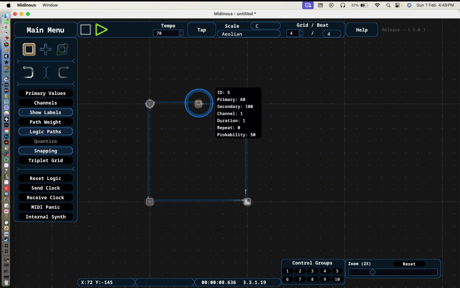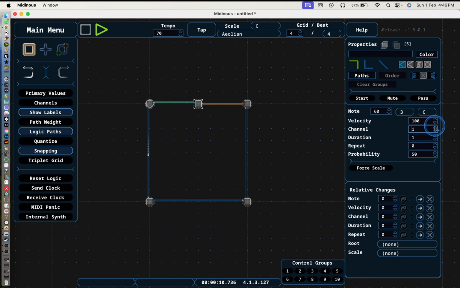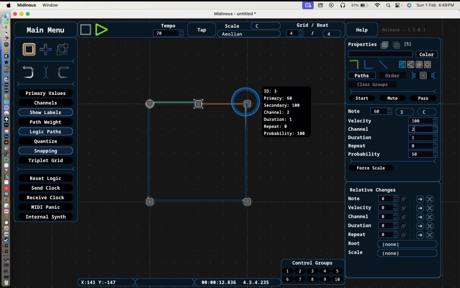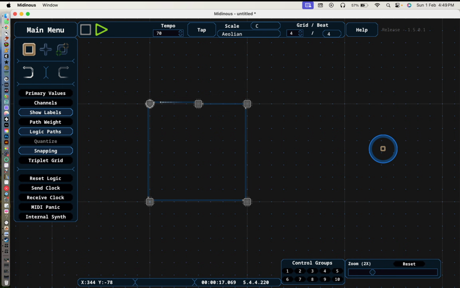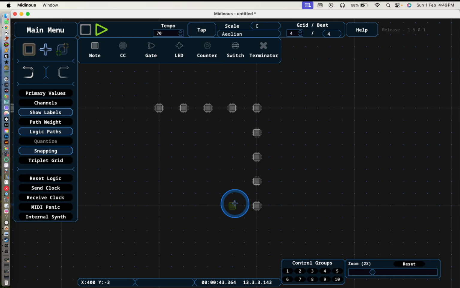I forgot to set the MIDI channel. But you know, you get the point. You can have note-based probability, which is very nice and very good for a lot of the kind of music you might be making with this program naturally. Anyway, let's create